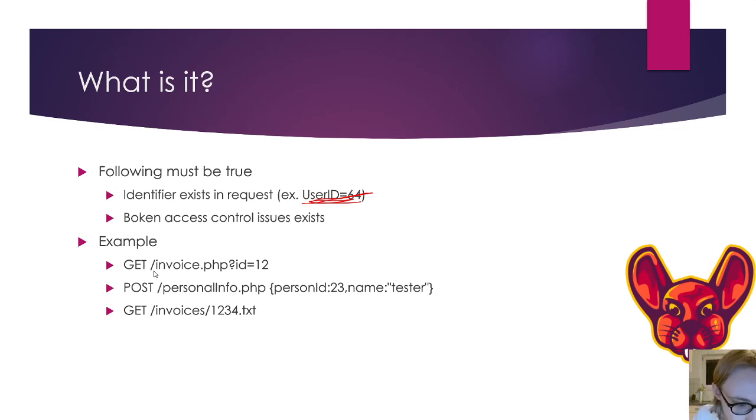So an example I have for you guys is, for example, this GET call here going to invoice.php. And it's requesting an identifier of 12. So it's requesting basically the invoice number 12. And we can play around with that idea, of course, but one big tip I want to give you guys: